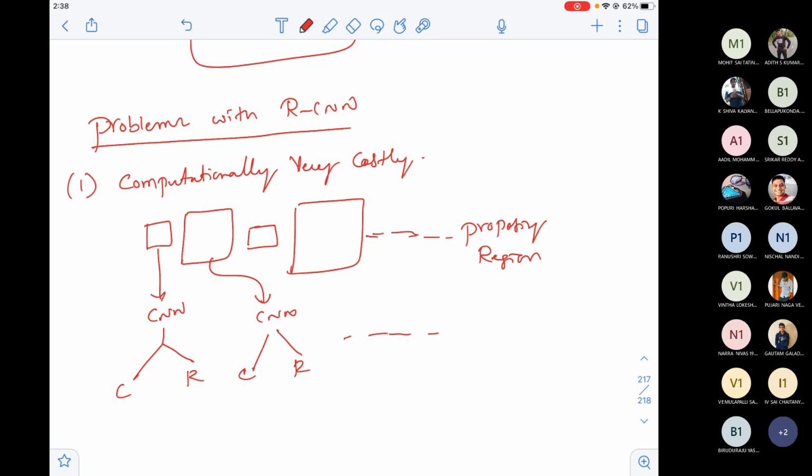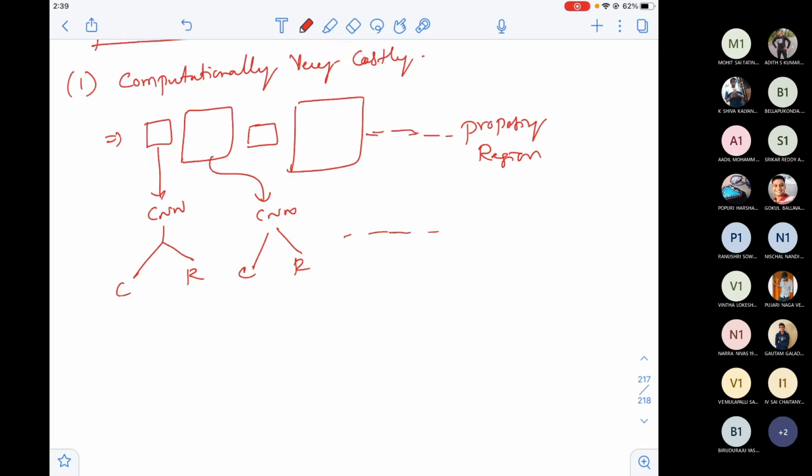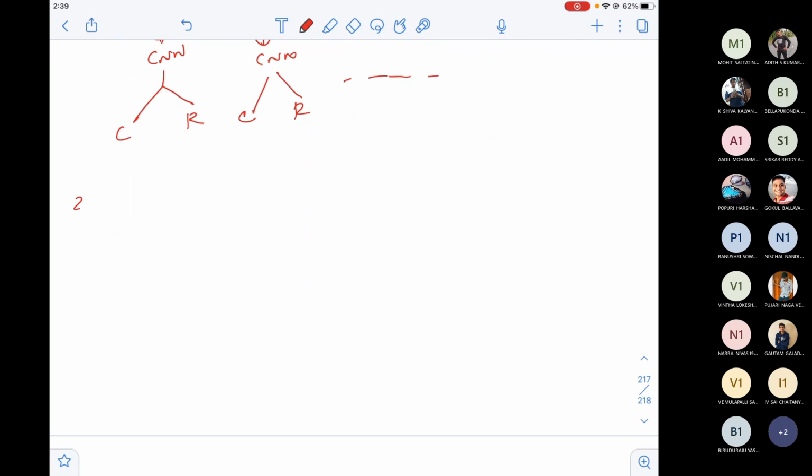But how many boxes will you propose? We don't know, really don't know, because just clustering based on similarity is not the right way to propose the boxes. Some other approaches we need to follow, but this approach is fine. The only thing is, I need to propose many boxes, and each box has to be sent to CNN, and it's not easy to train and get the classification and regression coefficients for every box that you sent. Okay, there is one problem: it's very time consuming.